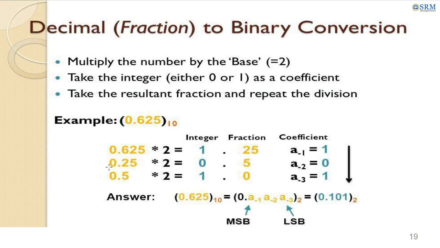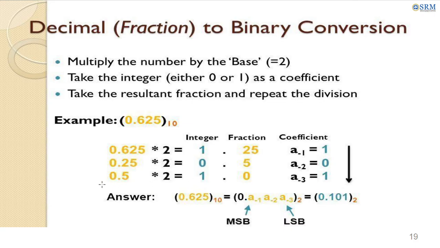Then 0.25 multiplied by 2 will give you 0.5. The integer is 0 over here, so it will become the second coefficient. Then the last one is 0.5, multiplied by 2 gives 1.0. So the last coefficient will become 1. If we multiply again and continue, all are 0, 0, 0, so there is no need to continue